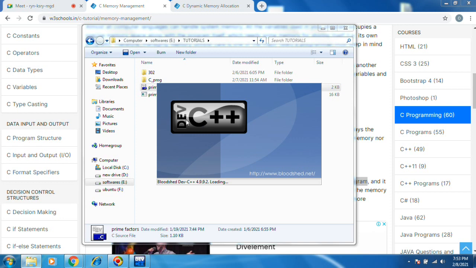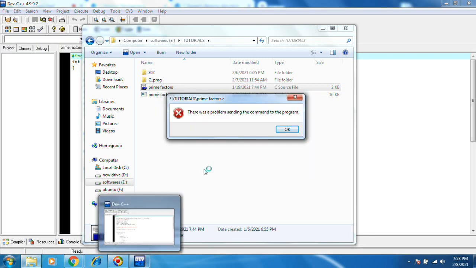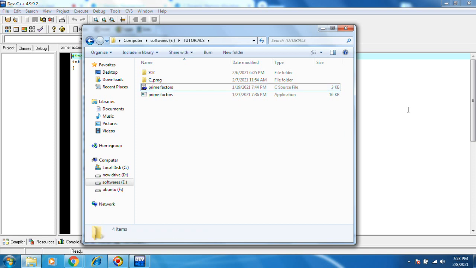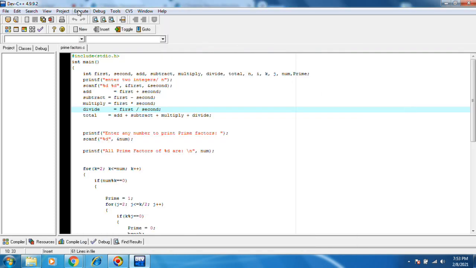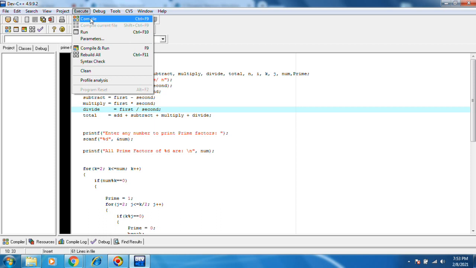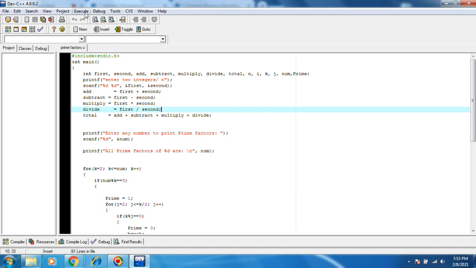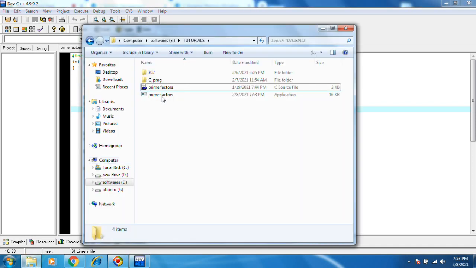When I open this Dev C++ compiler and do execute, compile, compilation is done. Once you do execute compile, it will generate an exe file.